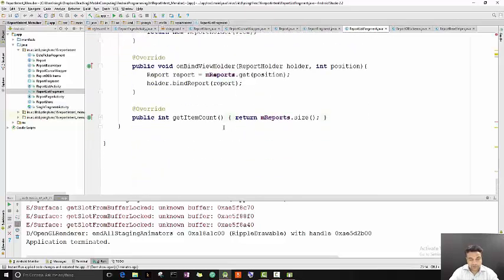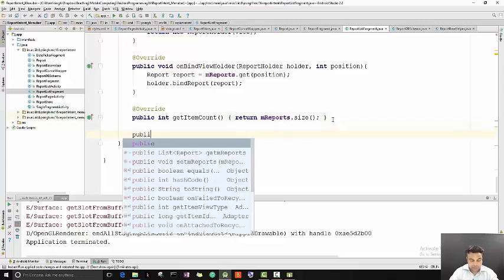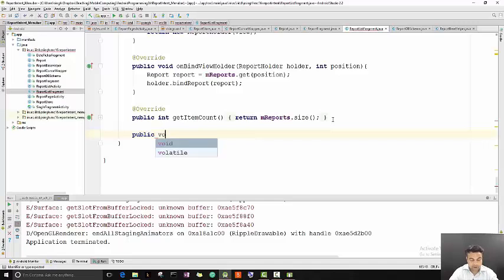So now in this adapter we have to implement one more method called setReports. After we implement setReports, we should be fine, and after a little bit more cleaning, we should be able to run our program. So setReports,